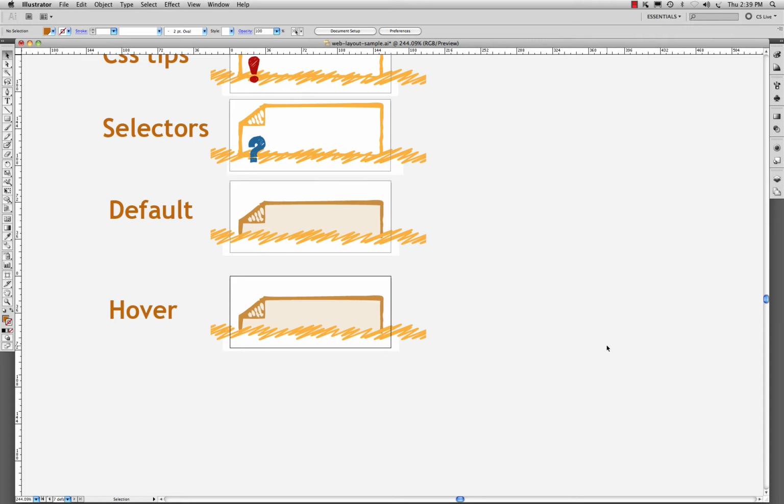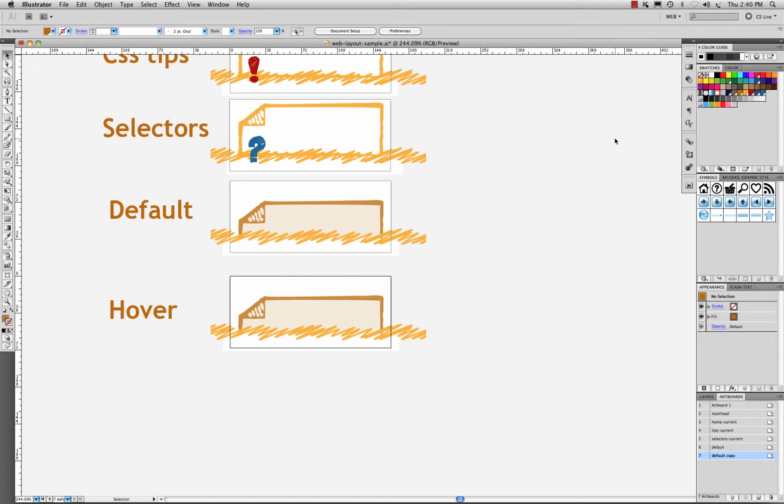The next thing we need to do is to change the appearance of the hover state so that it looks different as we're hovering over the top of it. To do that, we're going to use our color swatches. I have changed my view to web view in Illustrator, and you can see that I have some global swatches